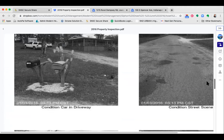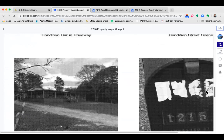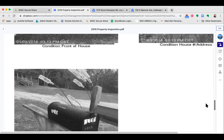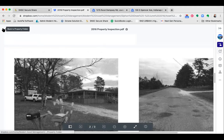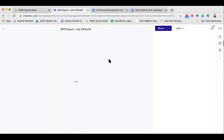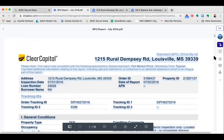So this is what we knew going in. Again, it addresses rural Dempsey Road, so that gives you an idea that it's not going to be in the middle of downtown Manhattan. And we got some pictures. Looking at it from there, the property wasn't covered in junk. That's okay. Got a broker price opinion. Again, something else to be wary of is what kind of opinion. And this one right here